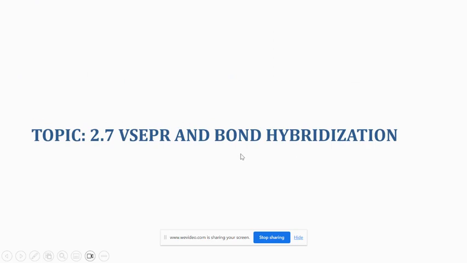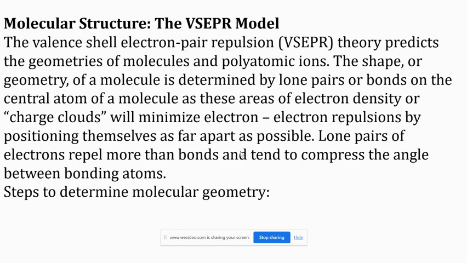All right, so VSEPR and bond hybridization. VSEPR structures, I had given you a chart in your packet. It looks like this. Yep. This year, you're going to have to memorize this guy. Okay? No, I'm not. So what you need to have memorized is